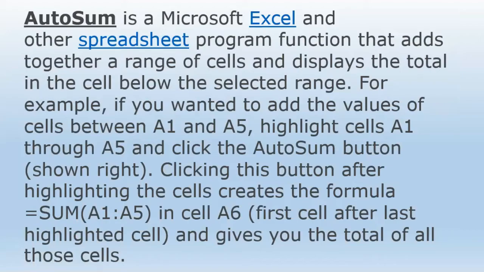It means that the auto sum button is used to generate a formula automatically when you select the auto sum button and select the particular function that you require for your formula. So you only highlight your cells, and after that you use this auto sum feature. I will show you how we are using that particular auto sum button.